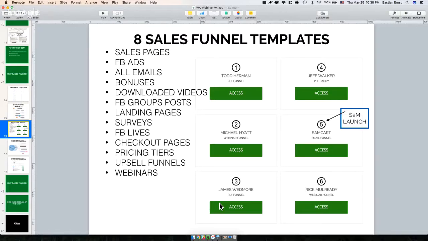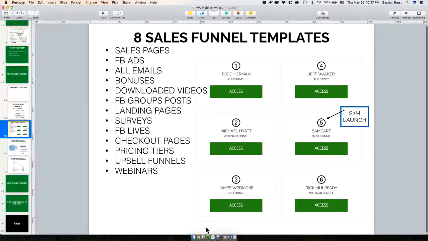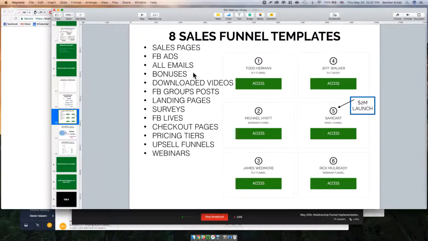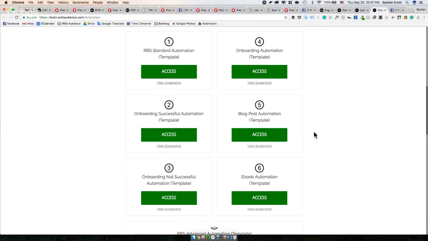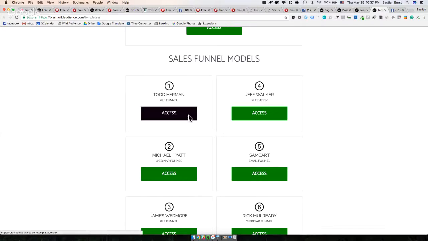So that you guys know, now I want to build a webinar funnel. Let's check out an example. I can go through it, and that's the way it looks. Where are the sales funnel models? So here, Todd Herman, for example. You click on Todd Herman, and